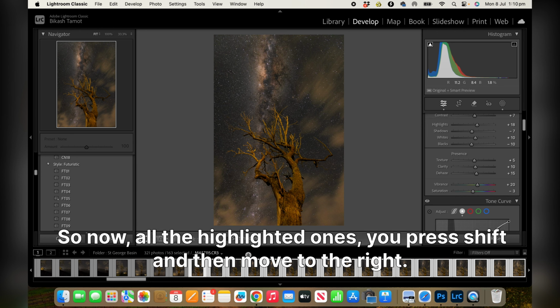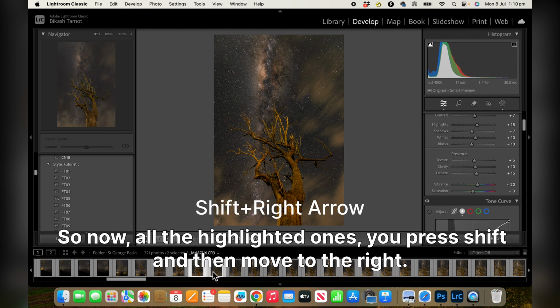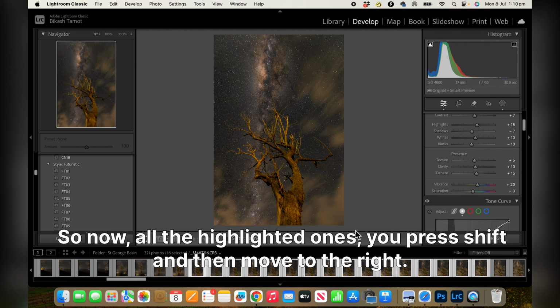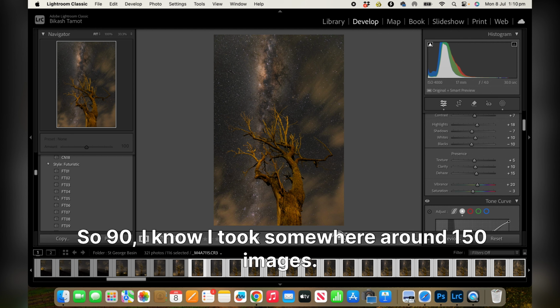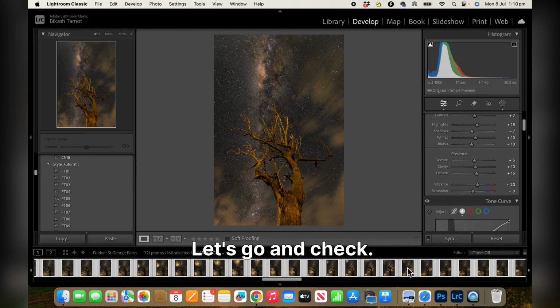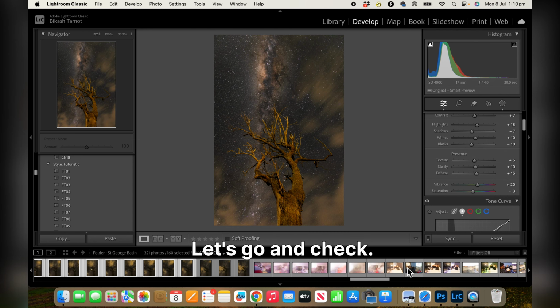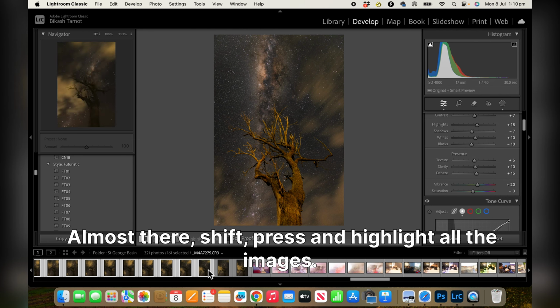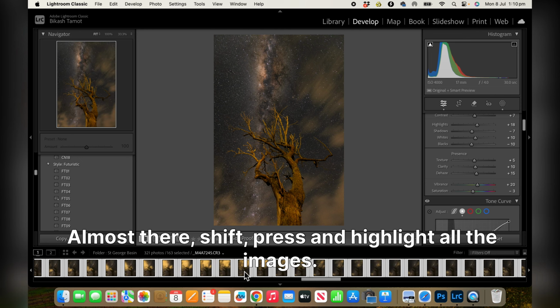So now all the highlighted ones, so you press shift and then move to the right. So 90, I know I took somewhere around 150 images. So let's go and check. Yeah, almost there. Shift, press and highlight all the images,